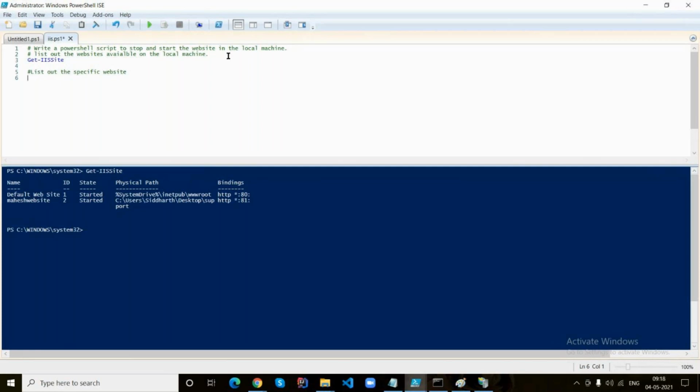Get-IISSite. Pass on the parameter name, and then you can type the website name. In this case, the website name is Mahesh website. That's right.